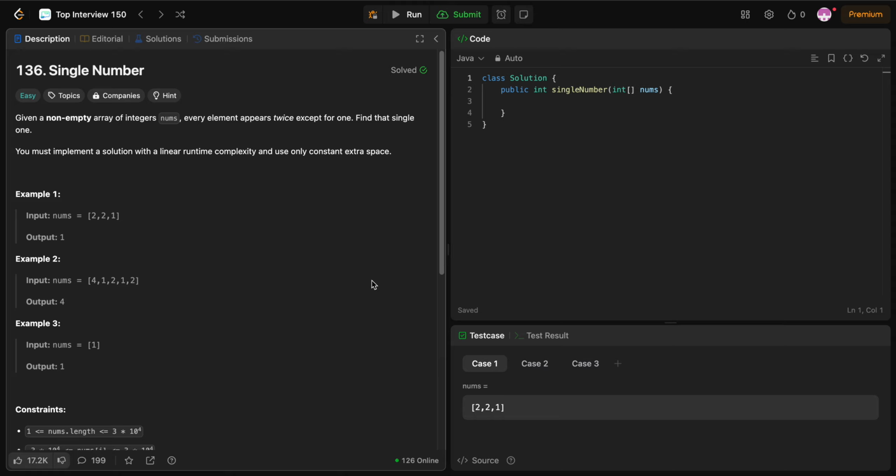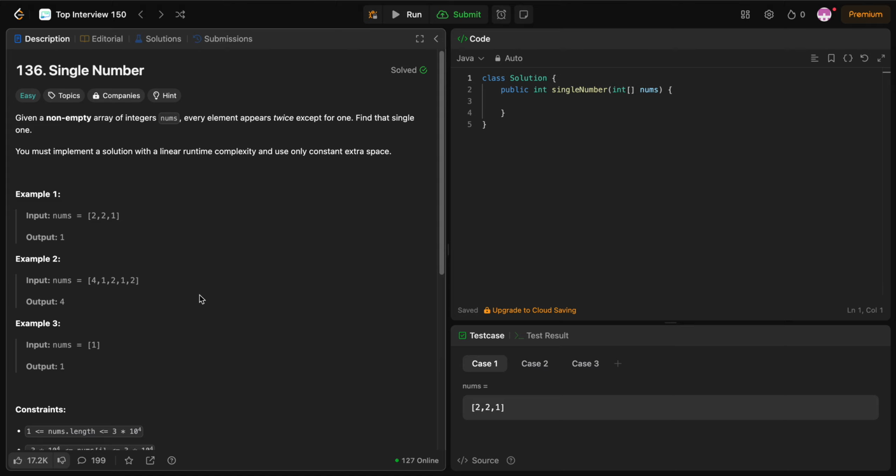Yeah, so I can initialize a hash set, and then every integer I pass while I'm iterating through the array, if it's not in the hash set, I add it. If it's in the hash set, I remove it. And then once I'm done iterating through the array, I should be left with a hash set that contains only the element that appeared once, because I added the element on the first occurrence, but then I never removed it because there's only one occurrence. And then I simply have to